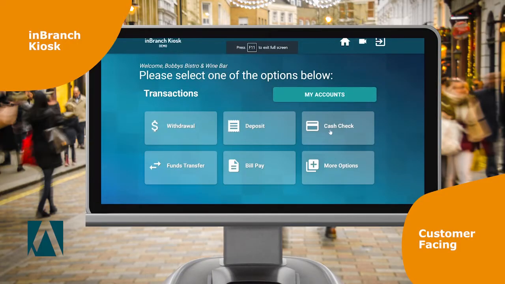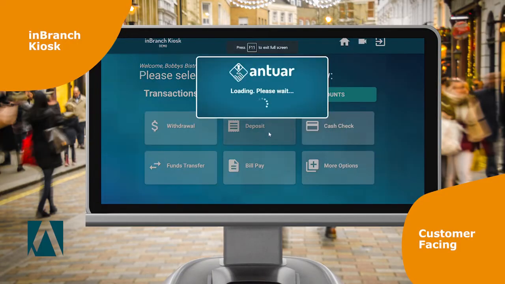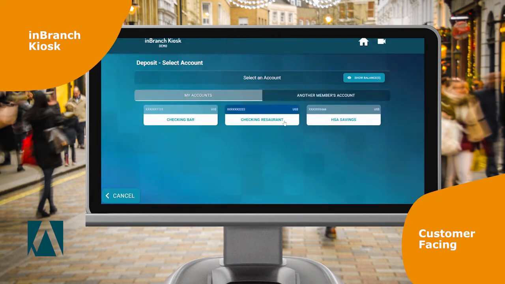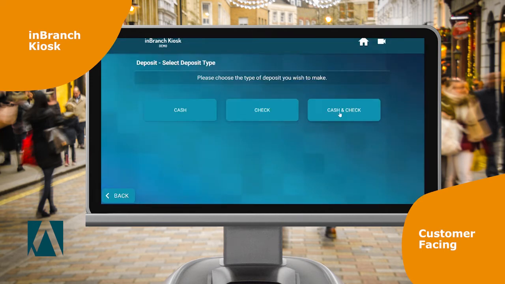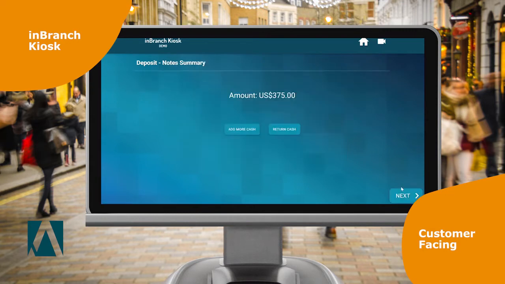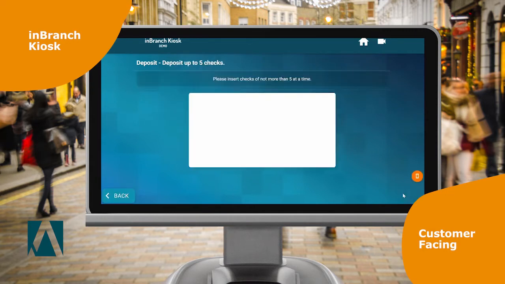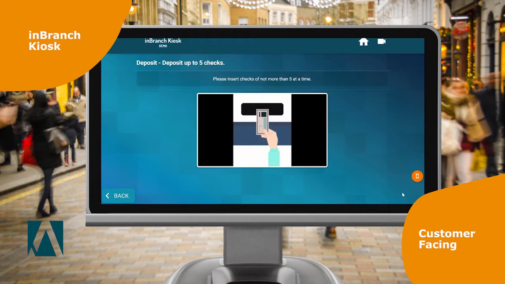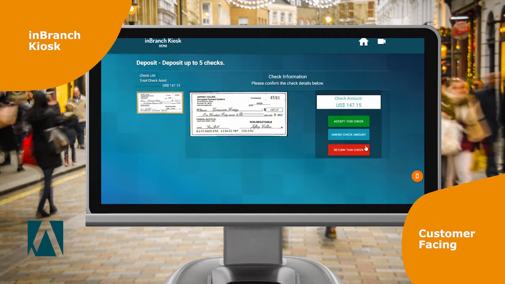The customer selects to perform a deposit to his checking account and then selects to deposit cash and check. He inputs cash, which is validated and counted by the system. And later, inserting his checks. The system validates the checks and reads the MICR line information as well as the amount, through OCR